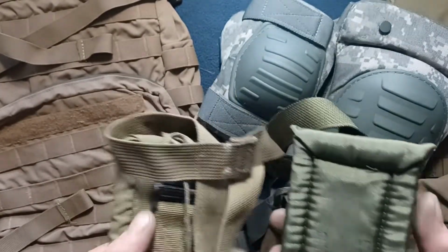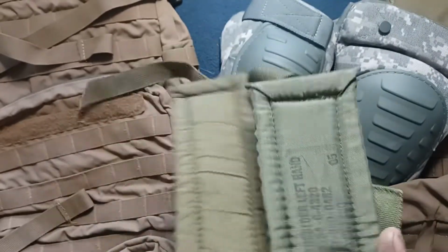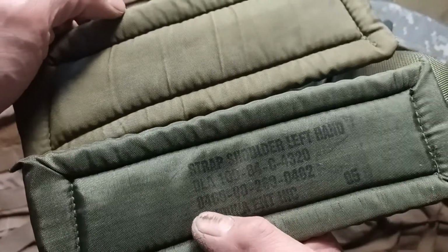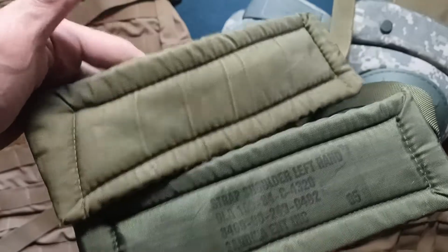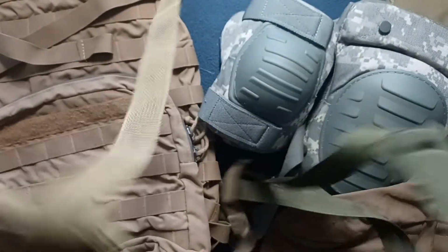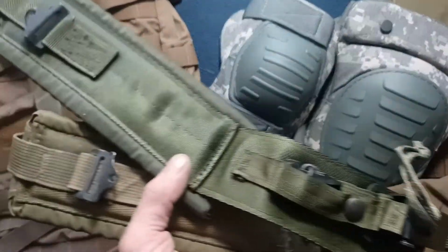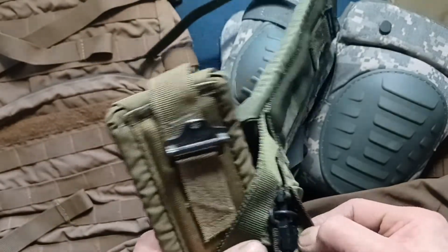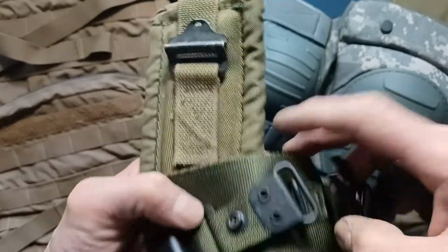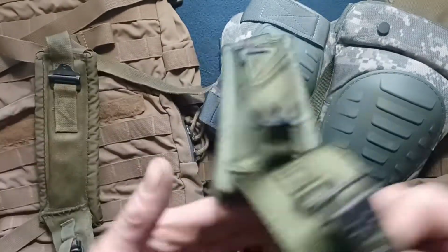So they did say on the website that they would match whatever they had. You can see here we actually have two different ones, which is interesting. But that actually helps. The left hand one versus a right hand one. You can see the attachment areas, as well as you can see how this goes together to secure this component to this one here